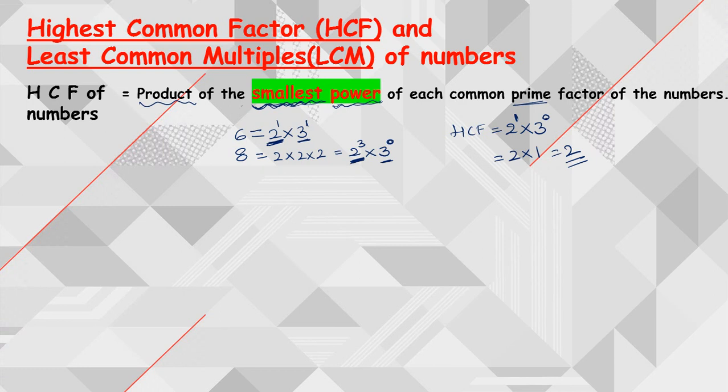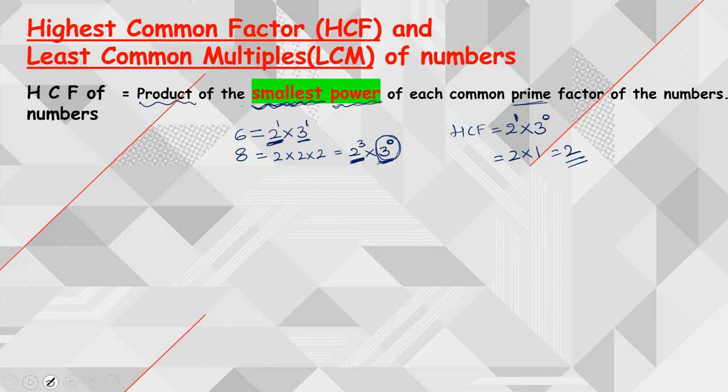Likewise, you need to find the HCF of the numbers. If you don't find any common prime factors, then you simply consider them with power zero. This is how we can find the HCF of the numbers. If you have 3 numbers, you proceed in the same way. If any common prime factor is missing, just consider it as that prime factor power 0.